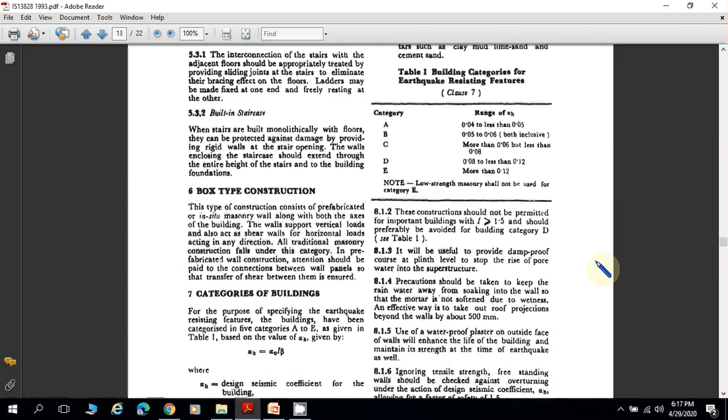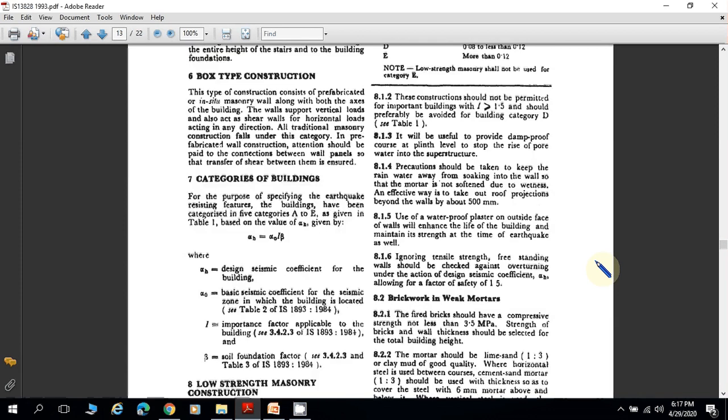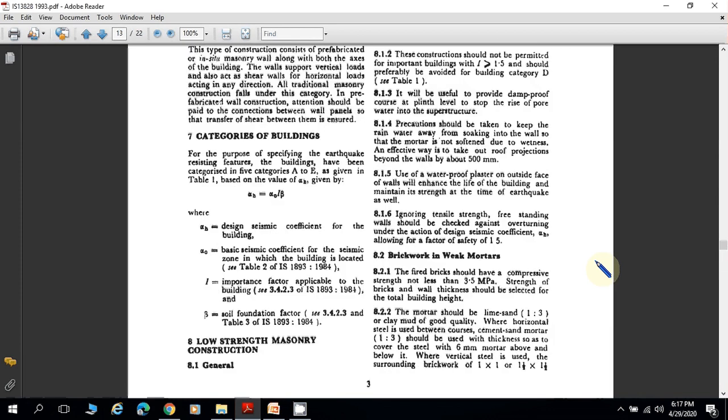Another type is box type construction. The building is categorized into 5 categories, A to E, which is decided by the value of alpha h, and alpha h is given by alpha naught into I into beta, where alpha h is the design horizontal seismic coefficient of the building, and alpha naught is the basic seismic coefficient based on